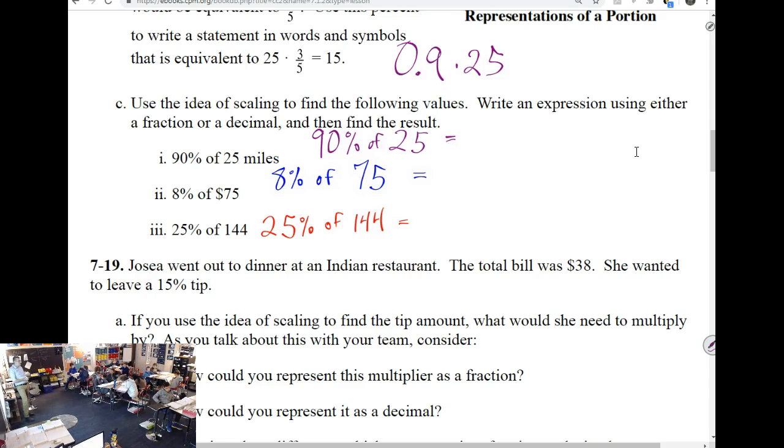Like I said, I like fractions, right? Percent means over 100, but 90%, if I remember, is just 9/10. Then times 25 over 1. Sorry that my 1's like in the wrong place. What is 25 divided by 10? 2.5, right? I just bumped that decimal place.